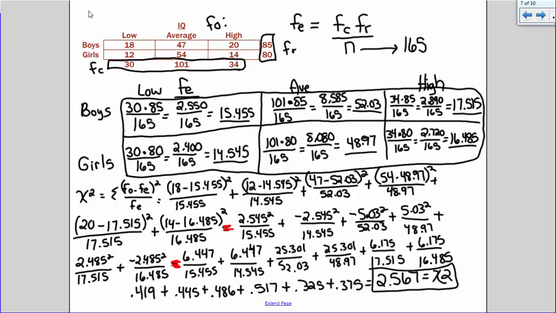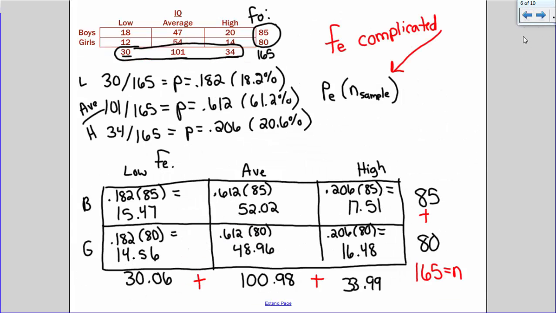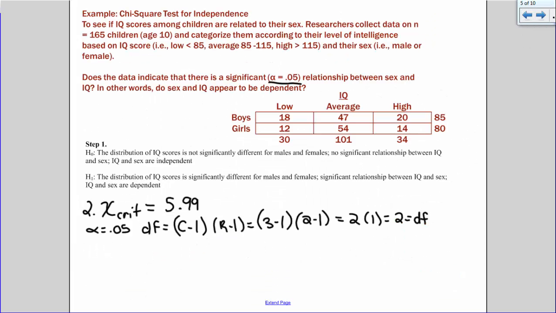Woo! For those of you who enjoy calculations, this is the chapter for you. Oh my goodness. So 2.567 is our observed chi-square. And 2.567 is not greater than our critical value of 5.99. So for step 4, after all that, we fail to reject the null hypothesis, and we would state this as